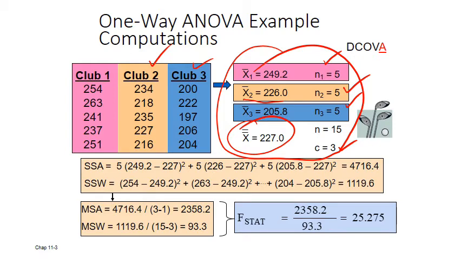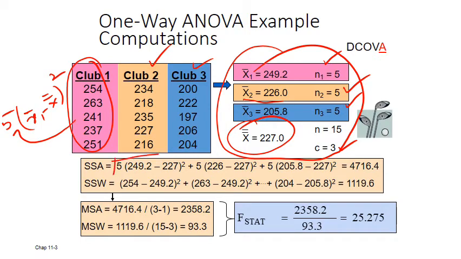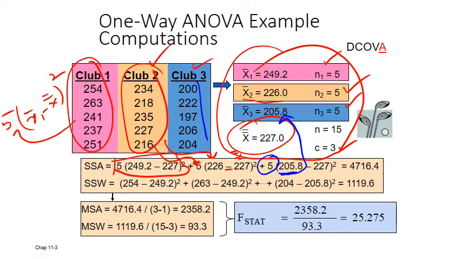How do we calculate SSA now? We calculate SSA by the mean of the first sample minus the grand mean, whole squared, times the number of values. There are 5 values in this group, so it is 5. So you can see this one. Similarly, the mean of the second sample comes here minus the grand mean, and how many values are there? 5. Similarly for the third group, there are 5 values. The mean of that third group, x bar 3, minus the grand mean, whole squared. So this is how we calculate SSA.